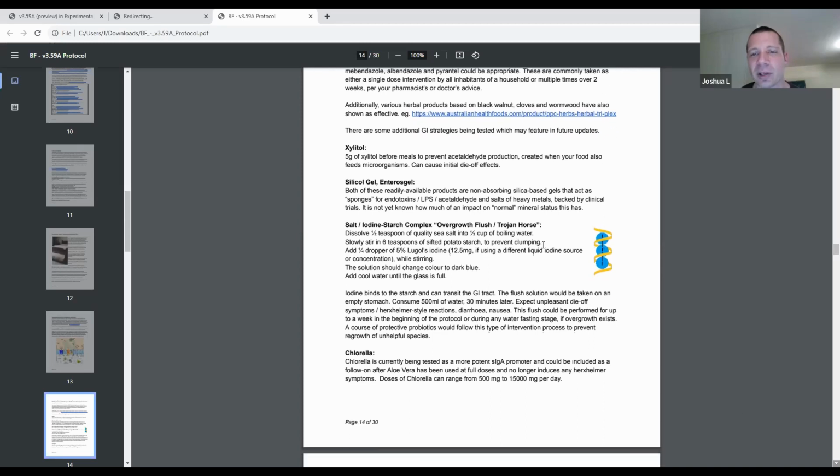Some of the things that we've been testing out, there are some interesting ideas there. Chlorella, I think, will be in the next update. We've been using another SIgA promoter, but that hasn't gone well. There was one idea I had here, and I'm actually exploring another version of this, which might make it more specific to fungi as well, but it's essentially like a Trojan horse where